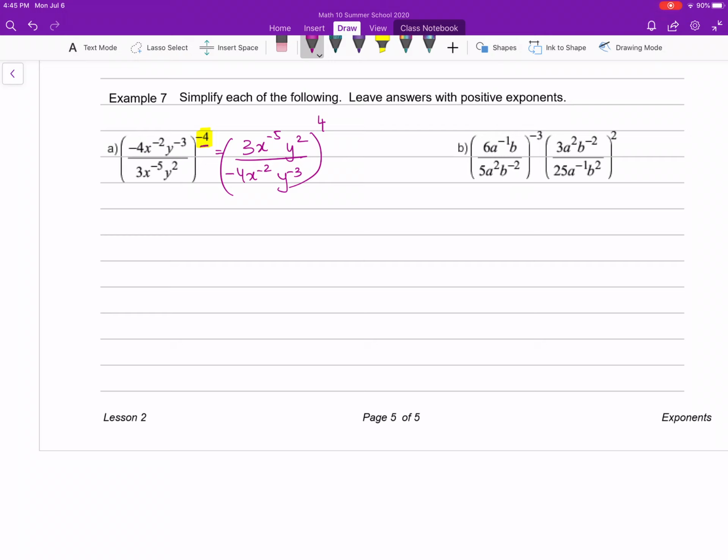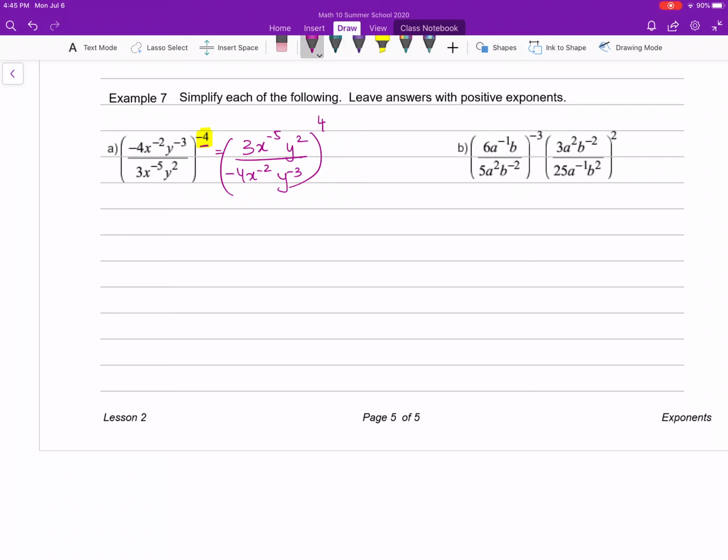Let's just simplify them. Bases are same. So 3 to the power 4 gives us 81. Now x to the minus 20 minus, since it's division, minus 8, and y to the 8 minus minus 12 over